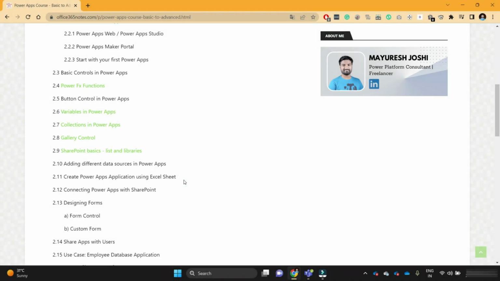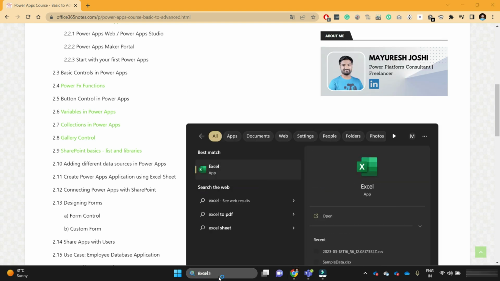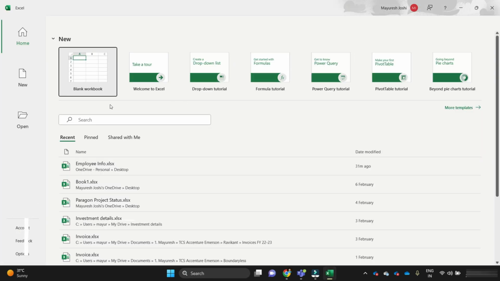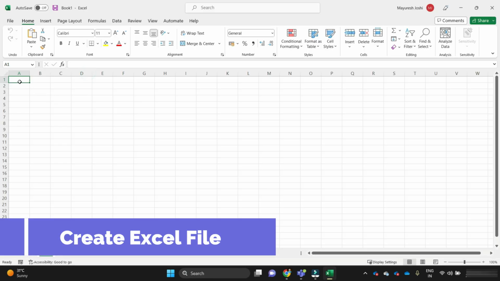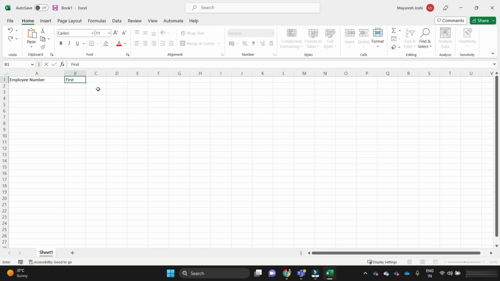So in this video, we are going to create a Power Apps app which can perform the CRUD operations on an Excel sheet which has the employee information. So let's first create the Excel sheet. I'm just opening my Excel application, then creating a blank workbook and adding a few columns over here. For example, employee number, then first name, last name, gender, date of birth,